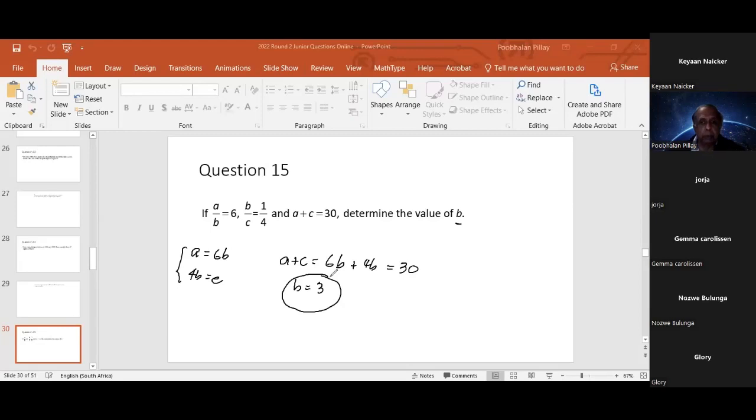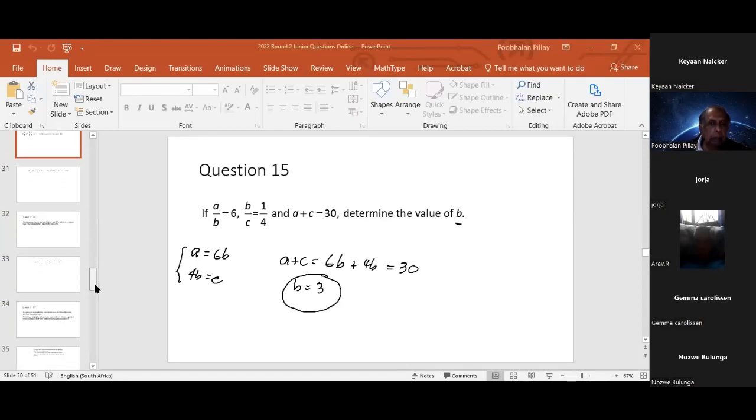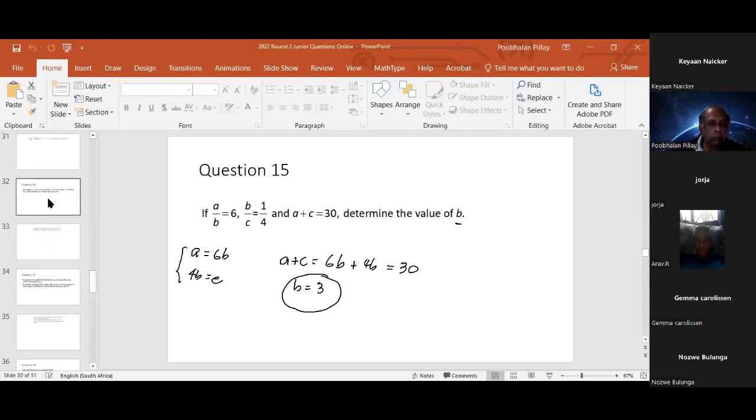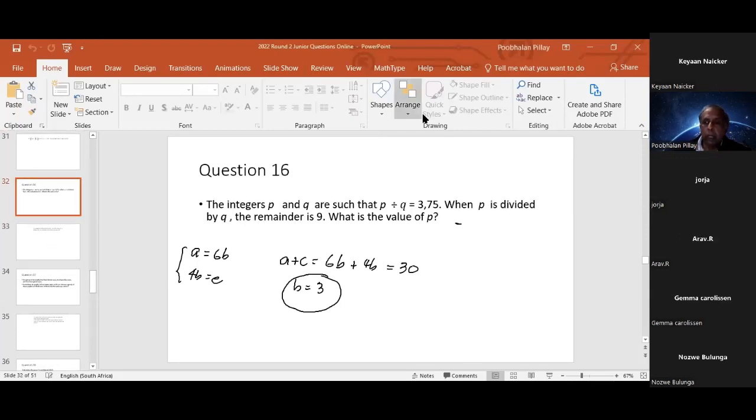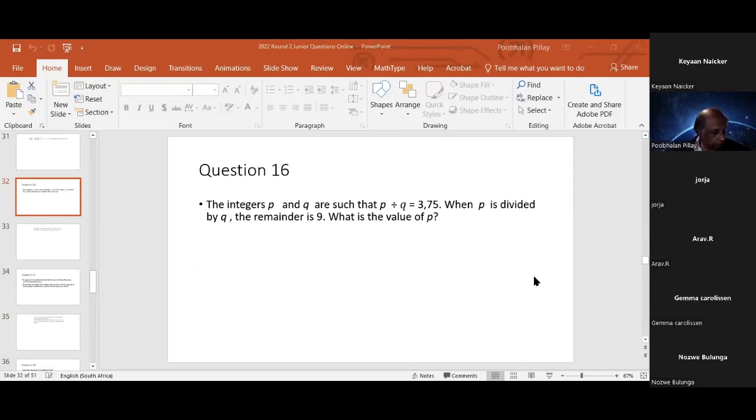All right, so the next problem is we're going on to problem 16 now. What does problem 16 say? It says that the integers P and Q, all right, so these are integers. 1, 2, 3, 4. Actually, it could be negative as well. Okay, the integers P and Q are such that P divided by Q